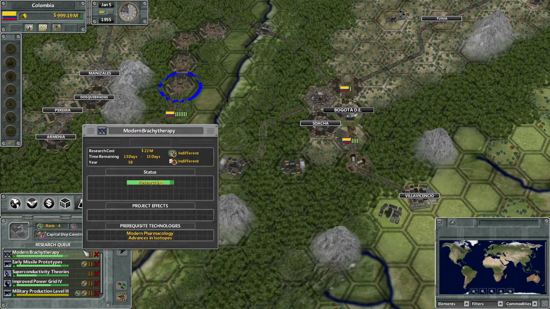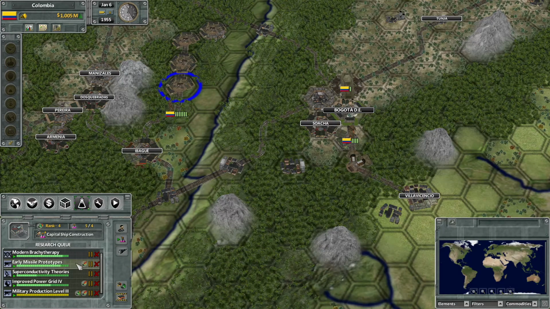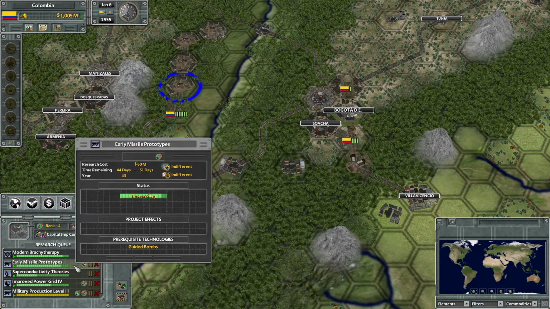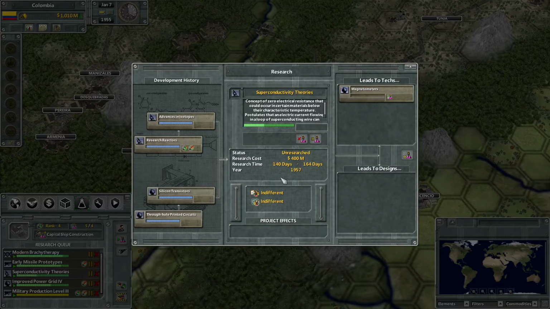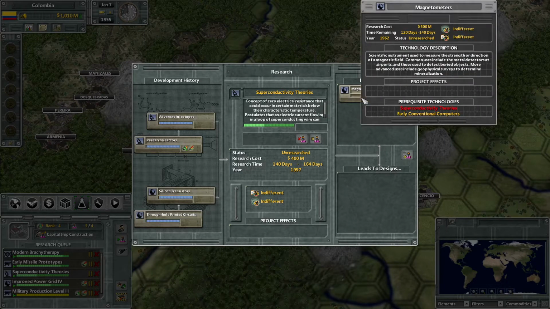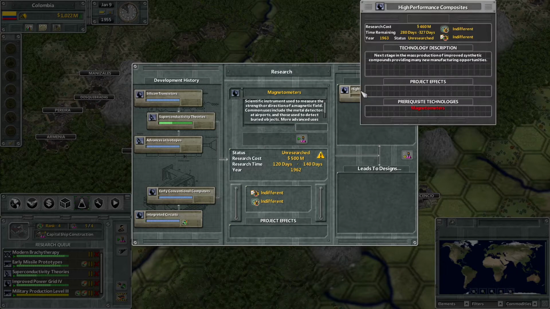Right, and brachytherapy... What's this? Right, this went to the PET scan. But yeah, superconductivity theories is actually very useful. Then we can get the magnesium meters in... Well, we'll probably start on the military production level. We may need to slow down our research a little bit to get that one going without bankruptcy. And then we can keep going towards